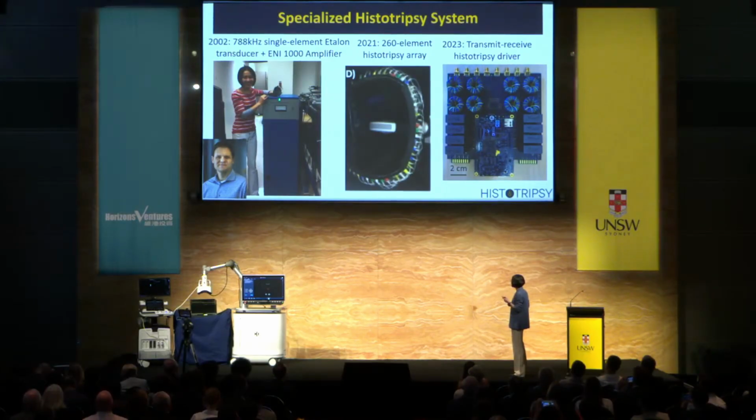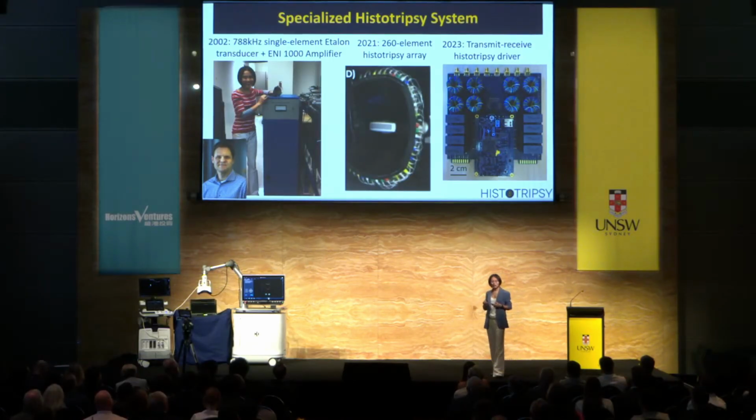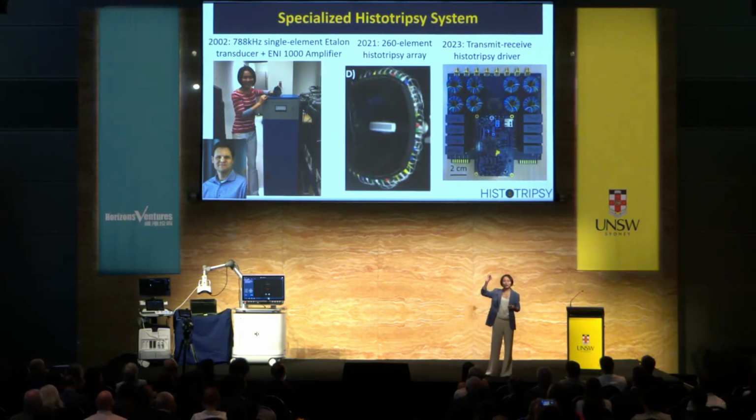This amplifier was the most powerful amplifier in the world at that moment, an ENR E1000 amplifier that gave you 1,000 watts of power to drive the transducer, and it has to be run by 380 volts electrical power, right? We really have only one plug in the entire university that can enable this amplifier to run,